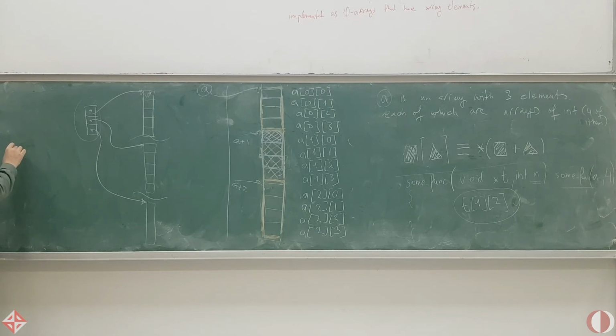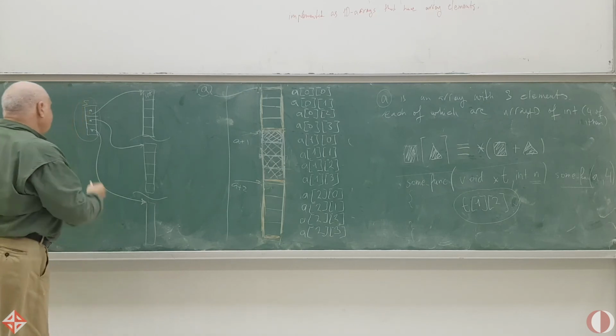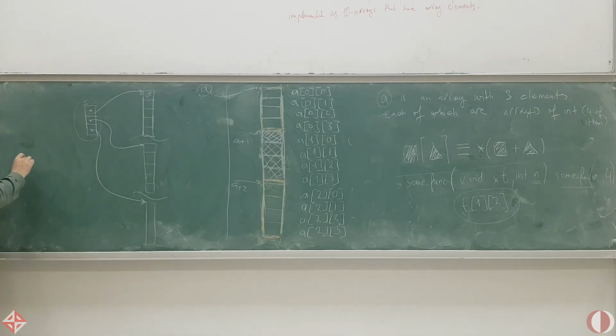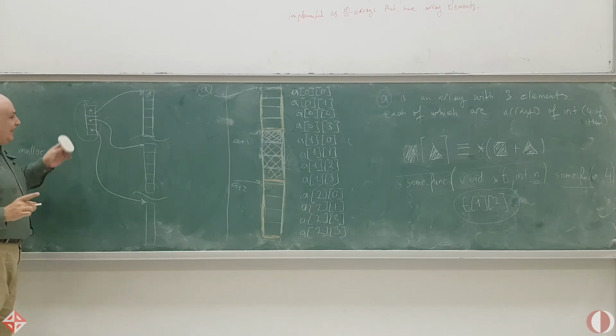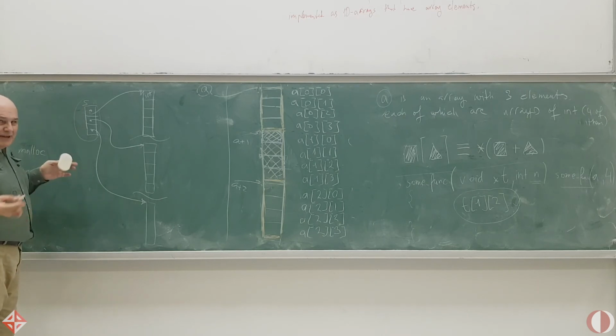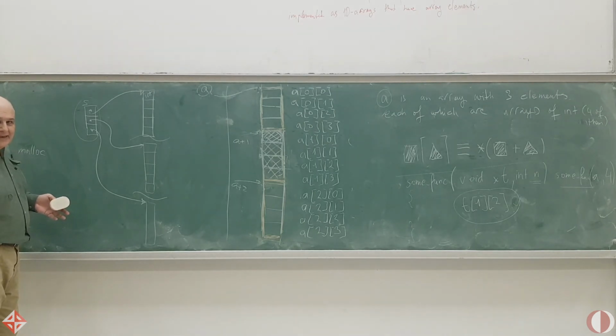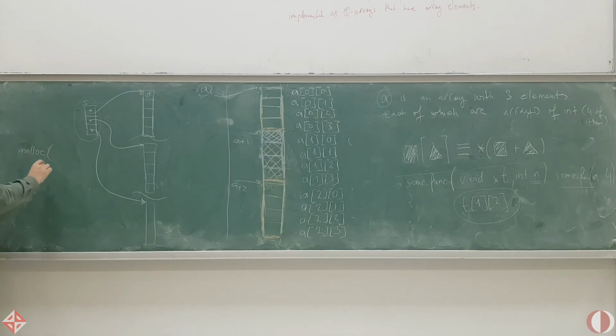Just give a name, S. Allocate space for S. In my case, it is something like this. Do it all dynamically. Malloc, why do it all dynamically? Because, as you will see, this tree will become 5, 7, 100, a million. I don't know at compile time. So malloc